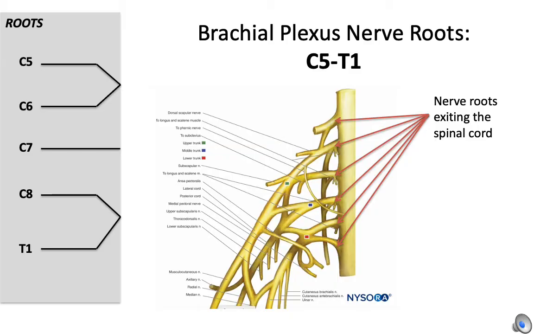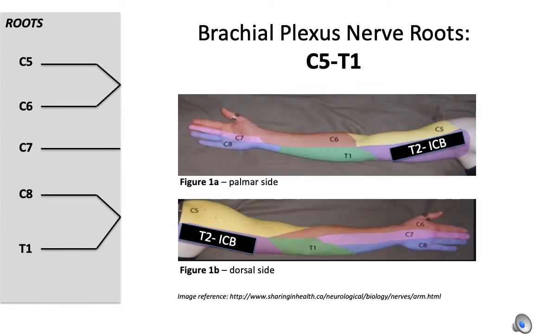The nerve roots of the brachial plexus originate from levels C5 through T1. In the figure to the right, the red arrows highlight the nerve roots as they exit the spinal cord. Figures 1A and 1B above demonstrate the sensation to the arm that each nerve root is responsible for, with the top photo, or figure 1A, showing the dermatomes of the palmar side,